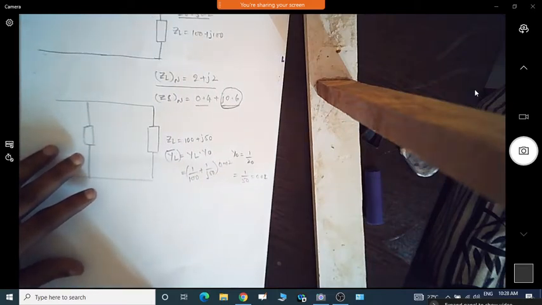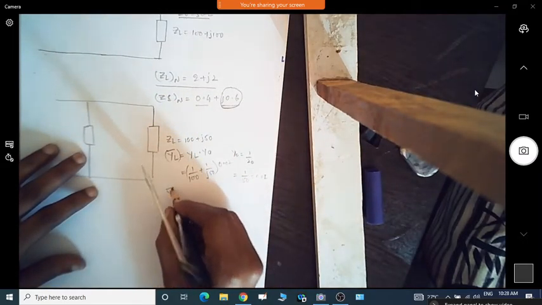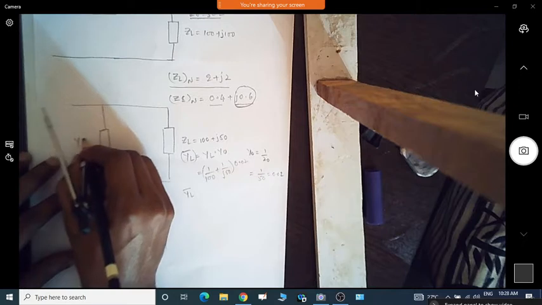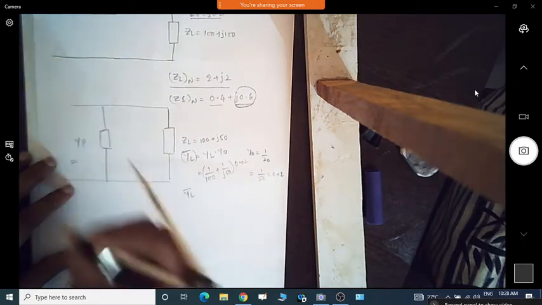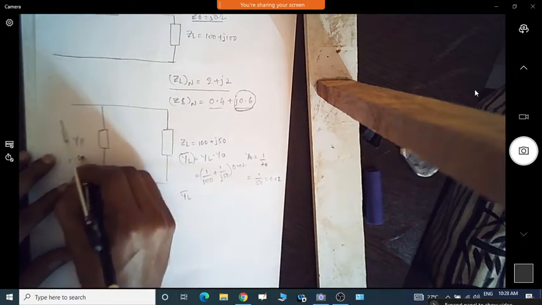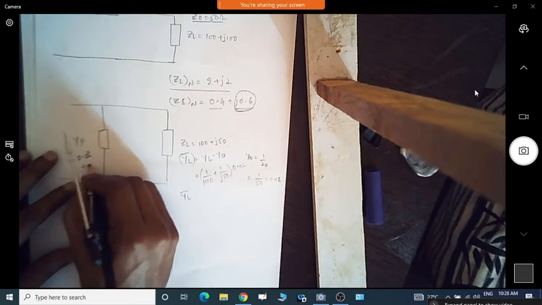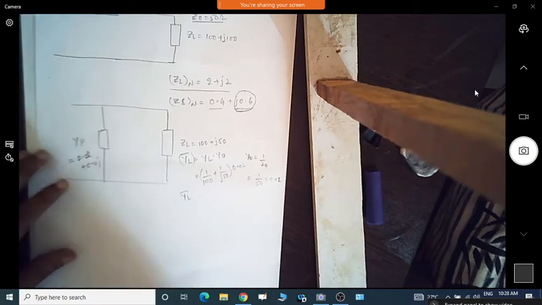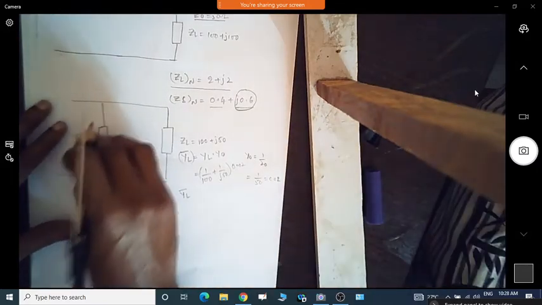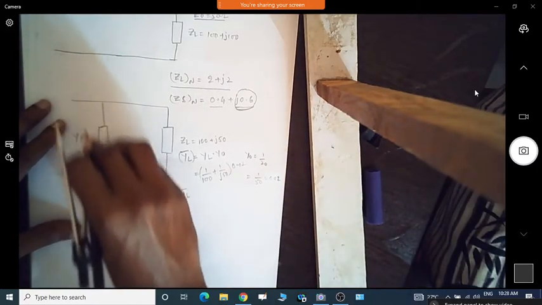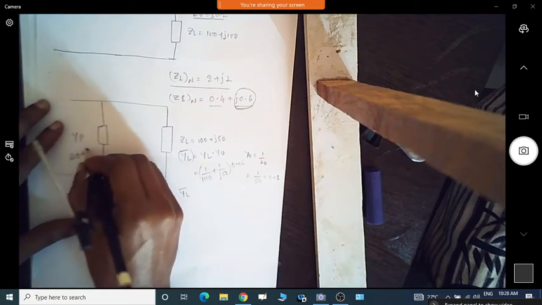Okay, so now we can find out what is the YL normalized value, and this YP. We can take whatever value, so like 0.02 or 0.2 plus 0.4j. So directly the normalized value we can get, or we can directly put the absolute value, something like 20 plus j30, like that.